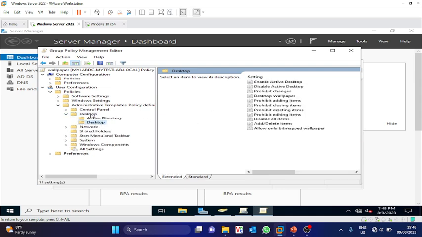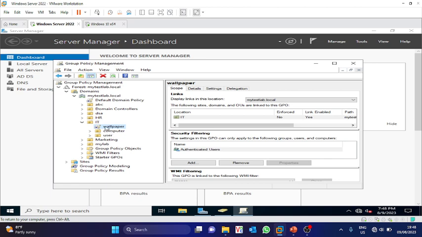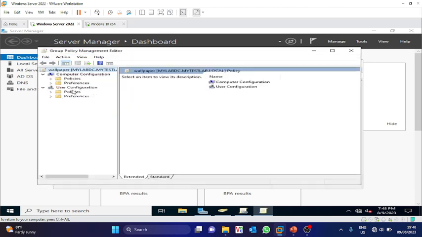Yes, you can see, and this is the option. So let me show you again. We have created one GPO here, and then right click here and edit, then you will get this option. So here you need to select user configuration against our mylabtc.local, the wallpaper which we have created before as our group policy management, and then click policies, then click administrative